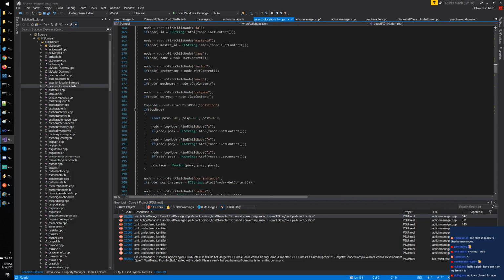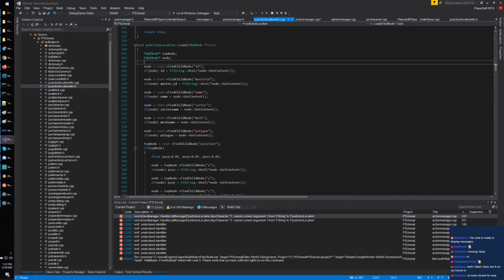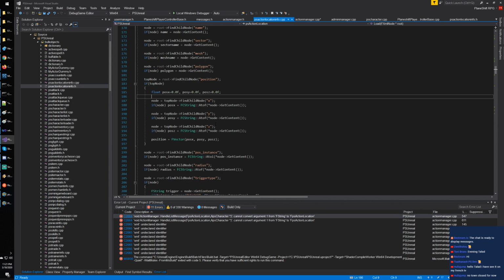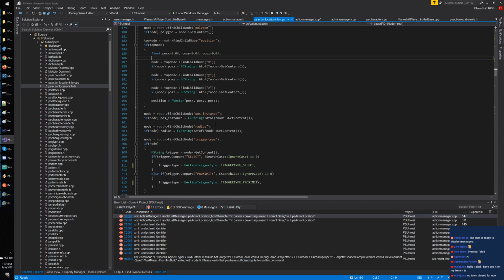The only problem is that there is some logic in it. It's not just reading the parameters, but as you can see, for example, if the XYZ is not specified, it defaults to 000, which I don't know if it's really important, but